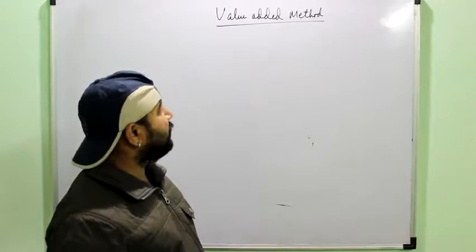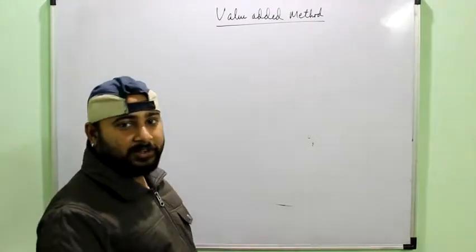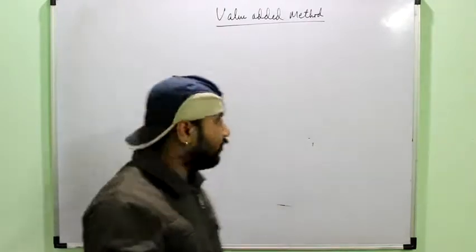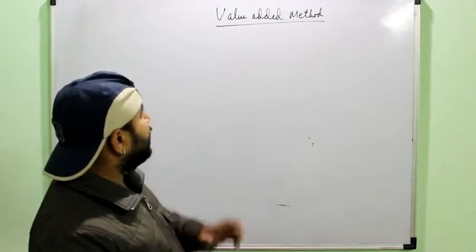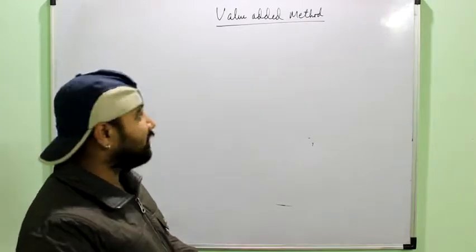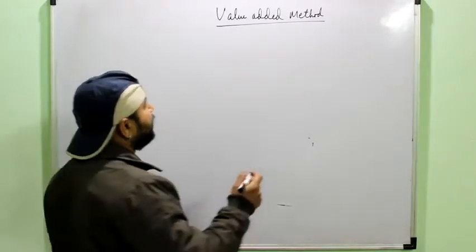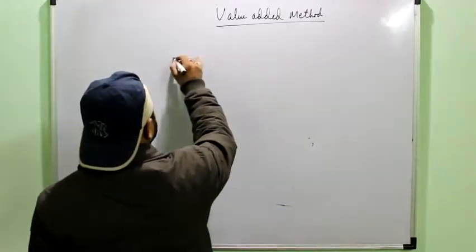After understanding the two methods, we have to study the third method of measuring the national income, that is the value-added method, also known as the product method or output method. Under this method, we again get the GDP MP as output, but before understanding the concept of the method, we have to understand a simple thing. Just take an example.